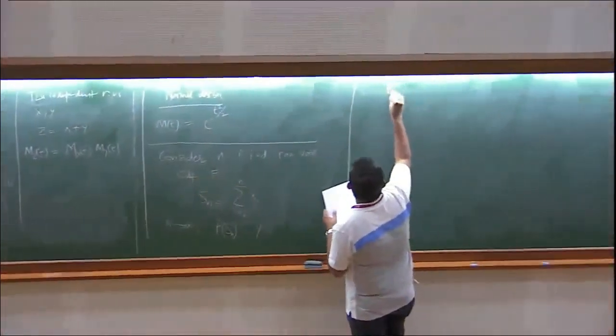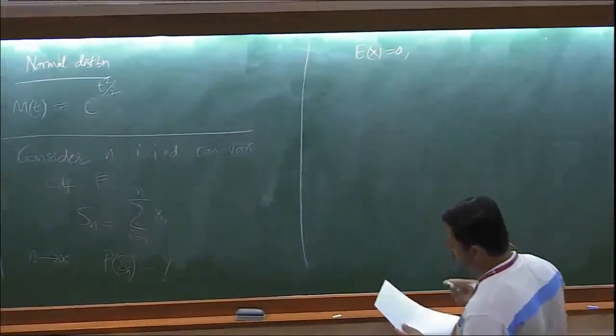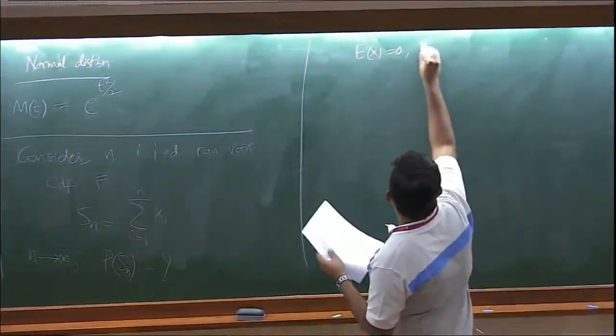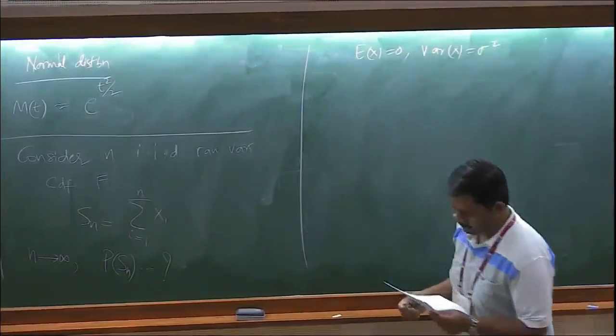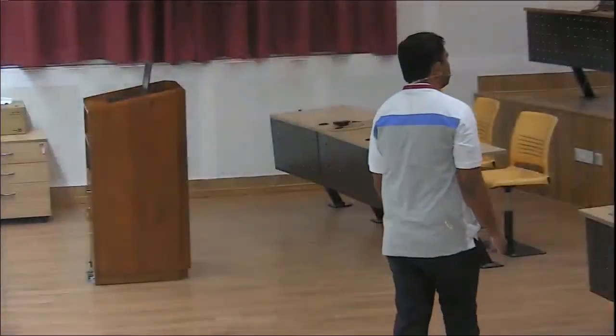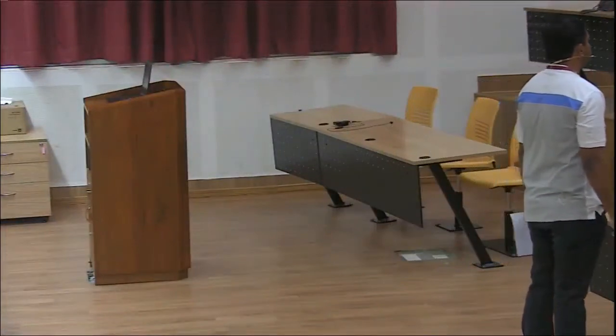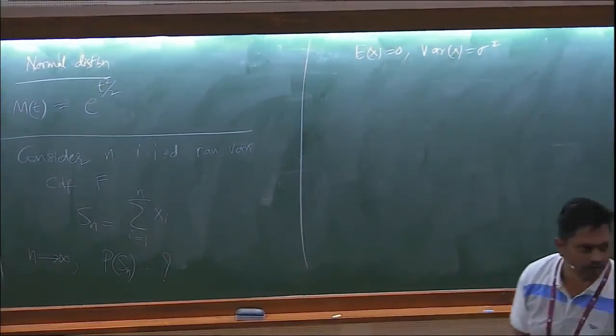Suppose each of the distributions, IIDs, are such that their expectation is 0. I mean, you can scale it, you can shift it around if it's not a big problem. And their variance is some positive number, sigma squared. For the simple cases, yes, but one can generalize this to the non-identically distributed case. The variance has to be finite. I think that's all. The sigma squared should be bounded. It should be non-infinite.